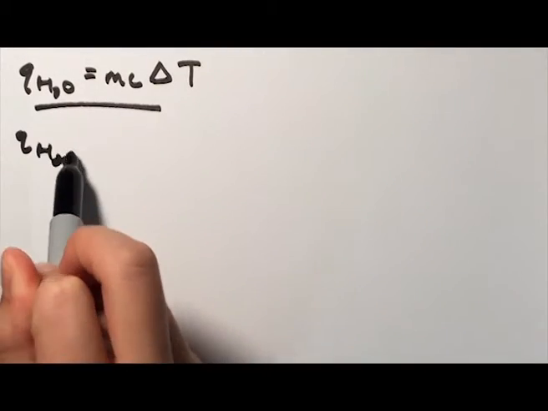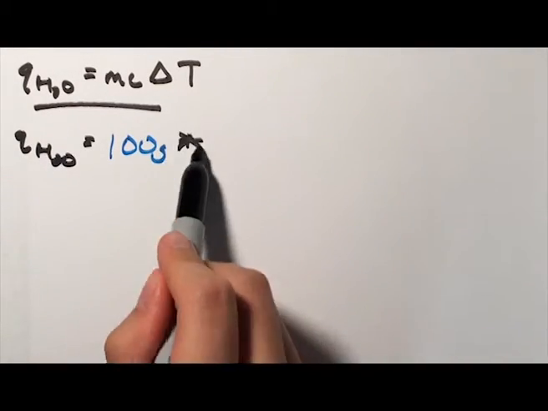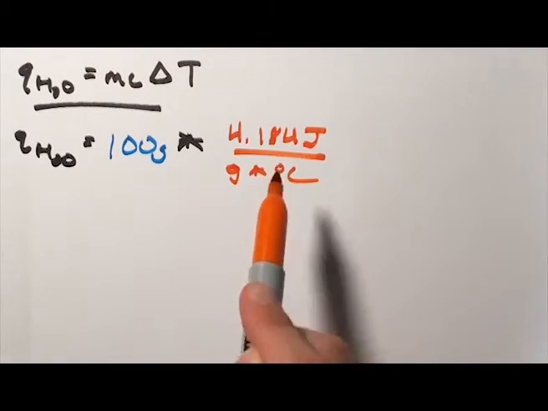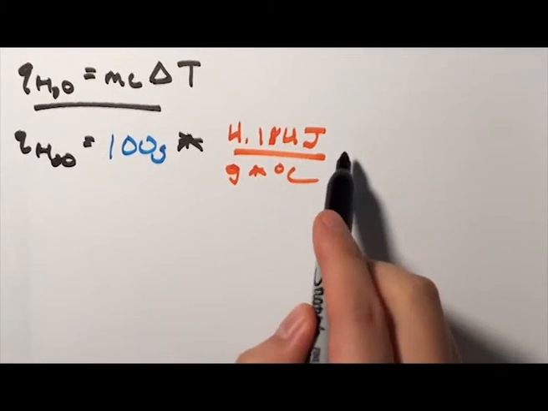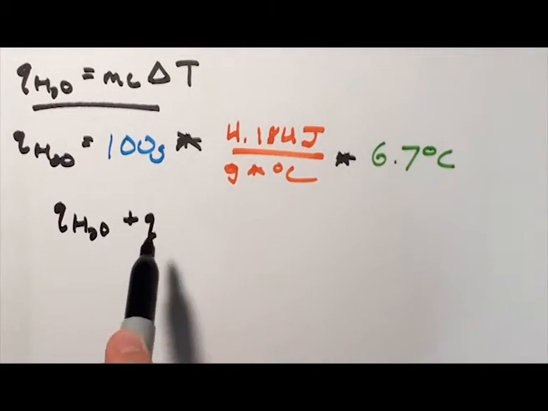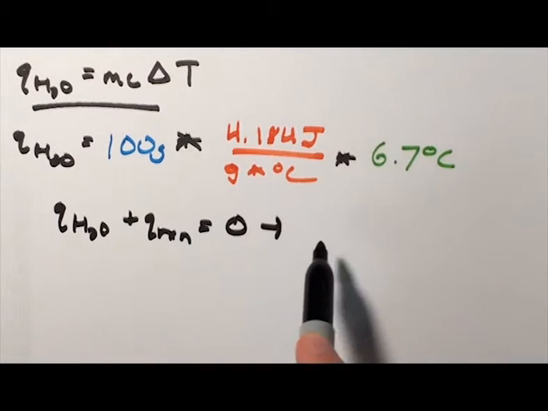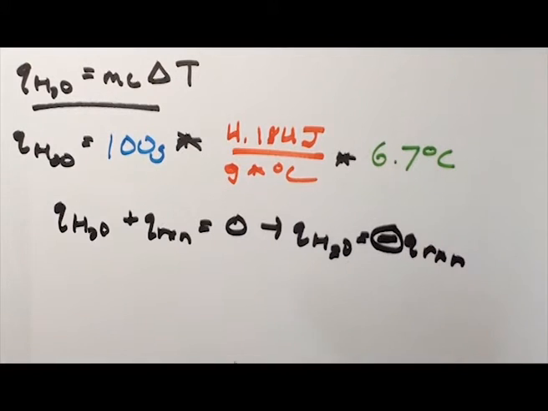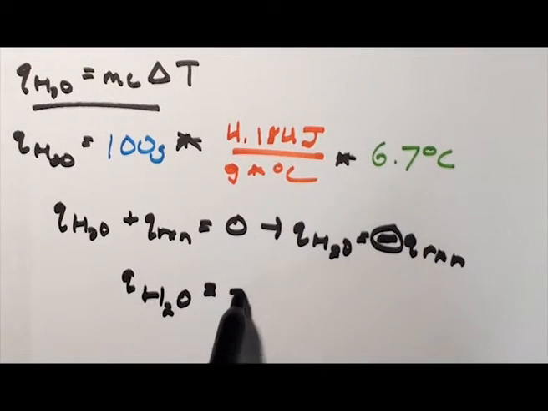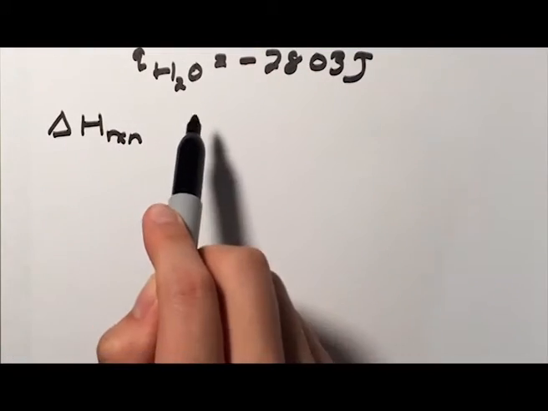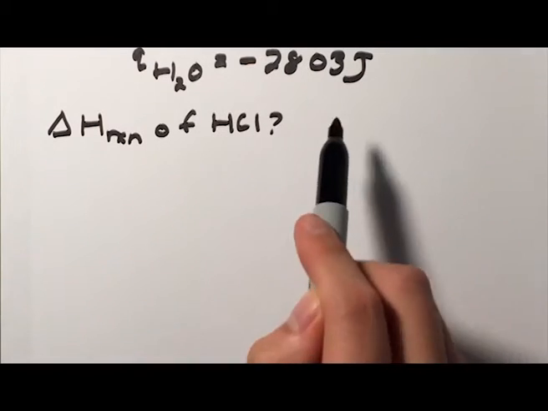The mass of solution equals 100 grams, and C of water equals 4.184 joules per gram degree Celsius. The Q of solution plus the Q of the reaction will equal 0. From this, we can calculate that the Q of solution equals the negative Q of the reaction, which equals negative 2,803 joules. Since we are solving for the change in enthalpy of the reaction, we need the number of moles